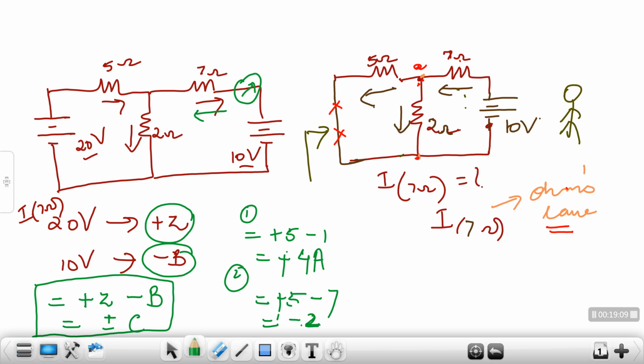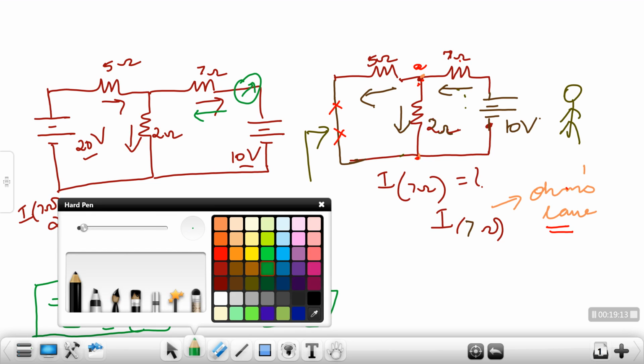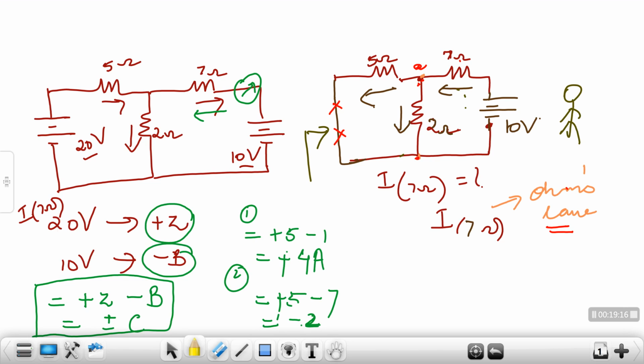Now, if there are more sources, what are the changes? There's nothing to worry. Only your final answer would be plus Z minus B, and whatever is the next term, say plus or minus D, and it will go on increasing depending upon the number of sources. So what I expect you all to do is substitute the values, simplify and get the answer. So this is your superposition theorem, and it's a very important theorem to